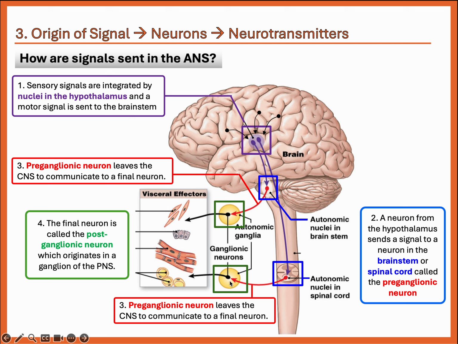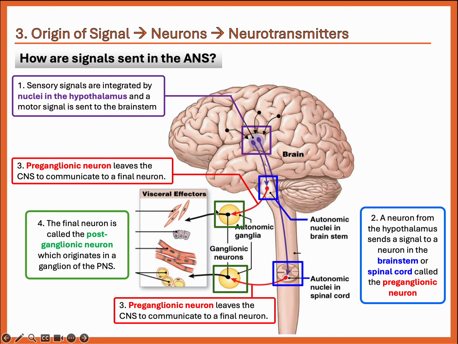And remember I told you in the autonomic nervous system, we have a 2-neuron system. Do you see this red neuron exiting and then a black neuron? Here you see a red neuron and a black neuron, right? That's because there's a 2-neuron system. Over here the red neuron symbolizes the preganglionic neuron that leaves the CNS to communicate to a final neuron. The final neuron in black over here is called the postganglionic neuron. So we have a preganglionic neuron and a postganglionic neuron, because over here when an autonomic signal leaves,